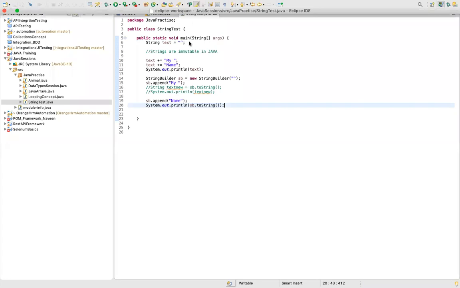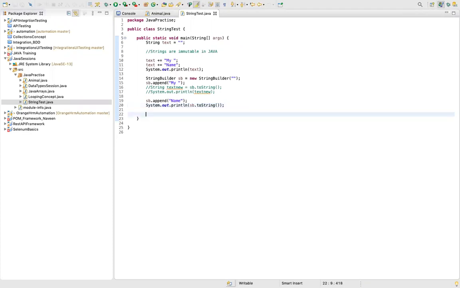Okay. So now, this was more of string builder. So whenever you want to play around with string, you can use this string builder, which is an efficient way of dealing with string. Now we can see format. I would say it's more of a string format. Right? So how do you use formatting on a particular string?